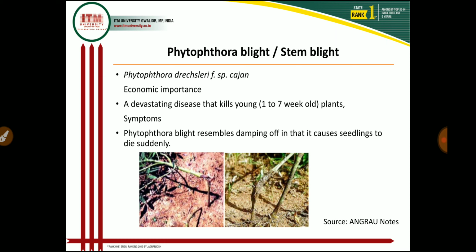So in Phytophthora blight, the most important symptom is the water soaked lesion present on the leaves as well as stem and petioles. Firstly, 1 to 7 week old plants show damping off symptoms, and infected leaves lose their turgidity and become desiccated. Lesions girdle the affected main stem or branches, which break at this point, and foliage above the lesion dries up. When conditions favor the pathogen, it is common for many plants to die.